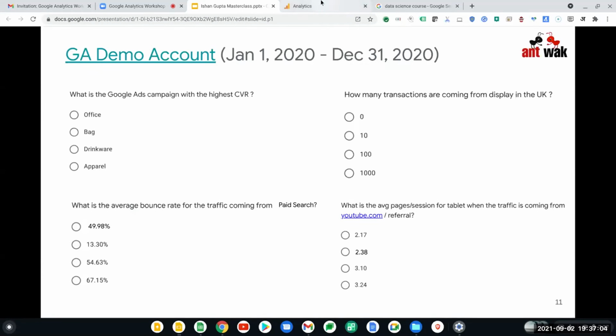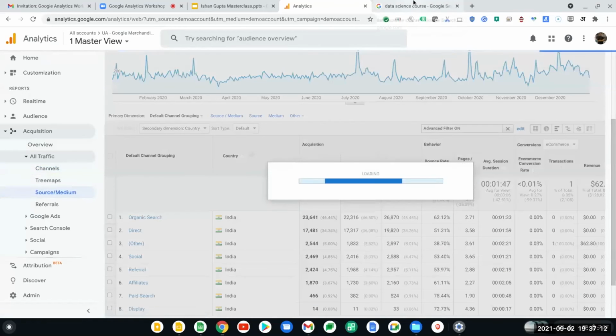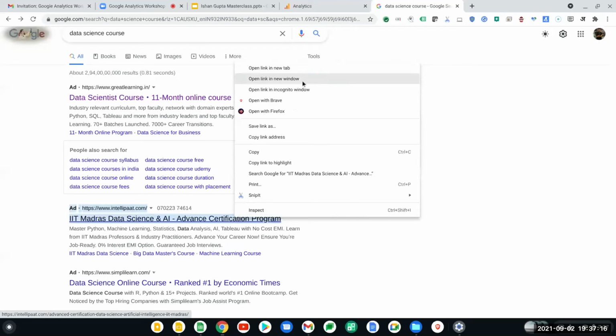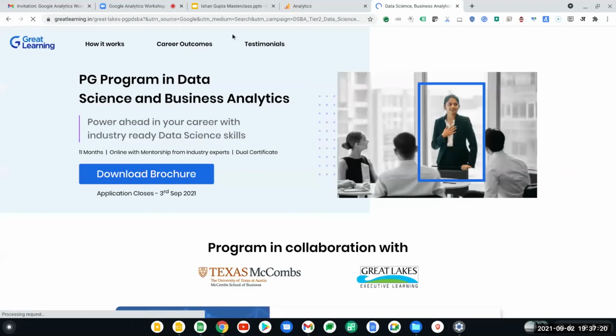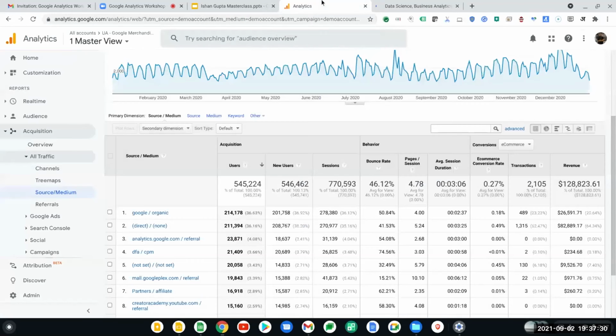Acquisition and then source medium. Yeah, source medium. So I hope all of you remember source medium, wherein we were struggling with Rumpi to get that link. Let's see if this gives anything. Yeah, so in this campaign, as you can see here, source is Google, medium is search, then you can also see the campaign name. Cool. Go ahead. What will I do next?